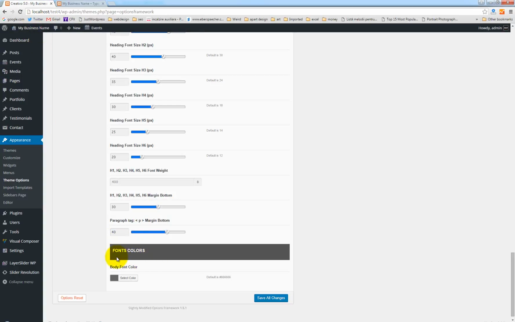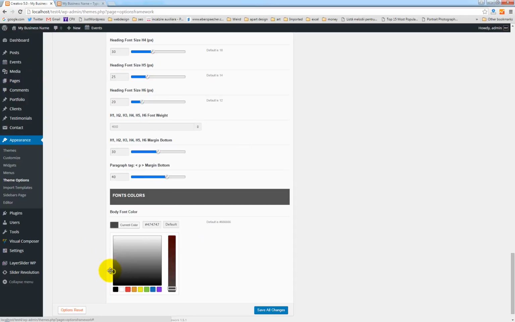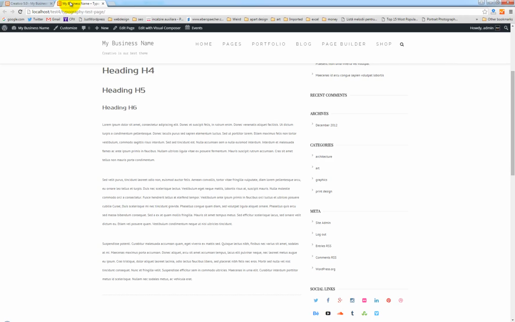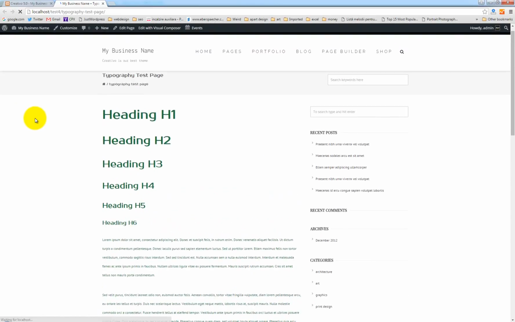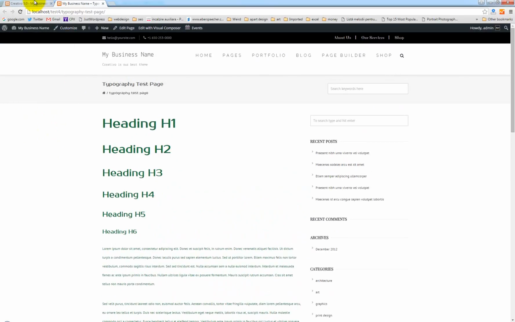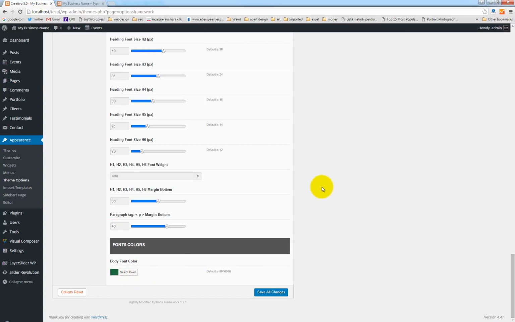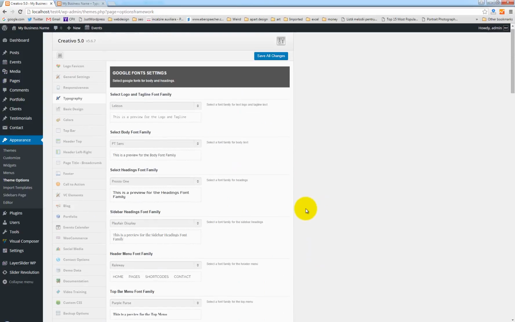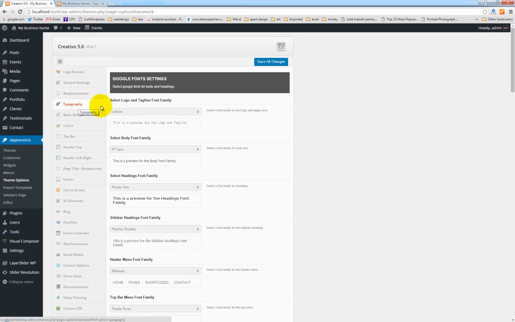Okay, the final option is called the body font color. So by default, this is a dark gray color. You can change that maybe to a dark green color, or whatever color you need for your site. Go back, hit refresh, and you can see that the headings and content here has been updated according to the color that we set here. Okay, so these are basically all the options that we currently created for the Creativo theme, the typography options,